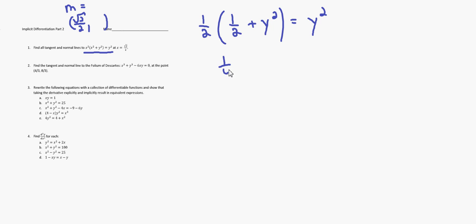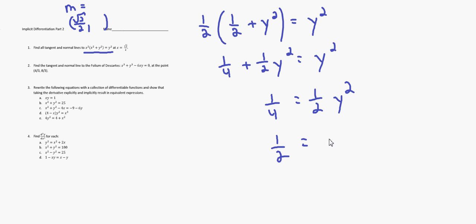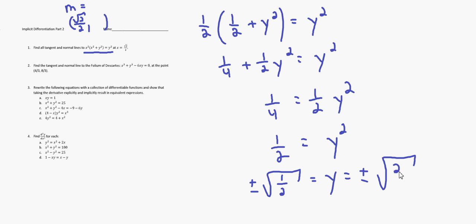So we get 1/4 plus 1/2 y squared equals y squared, which means 1/4 equals 1/2 y squared, which means multiply by 2 here. So we multiply by 2, we get 1/2 equals y squared. And when you take the square root, you get the positive or negative square root of 1/2 equals y, which is the same exact thing as plus or minus root 2